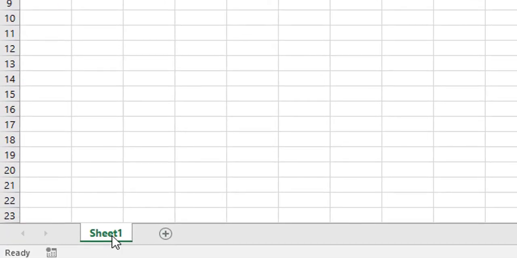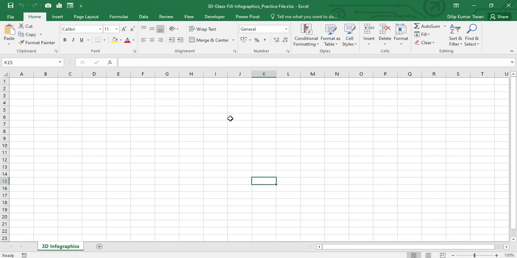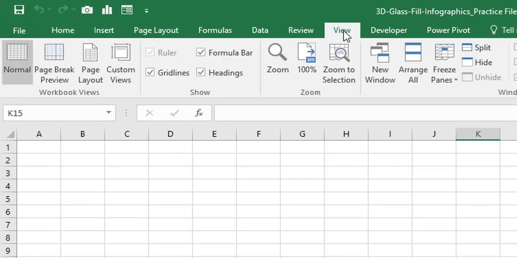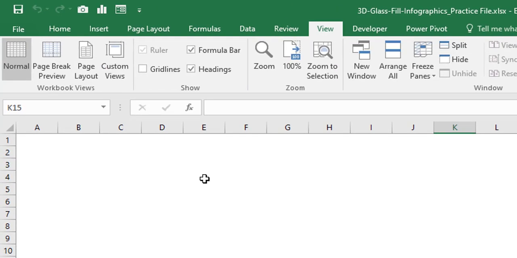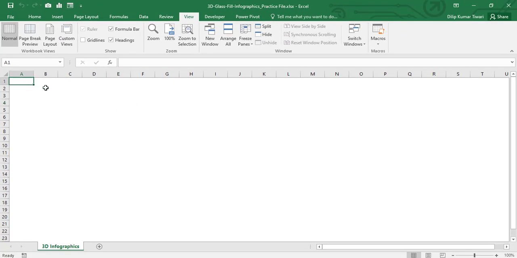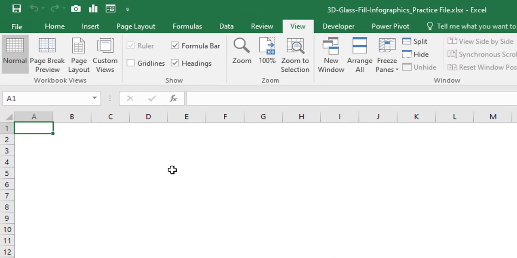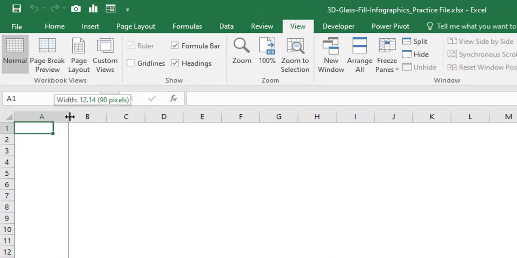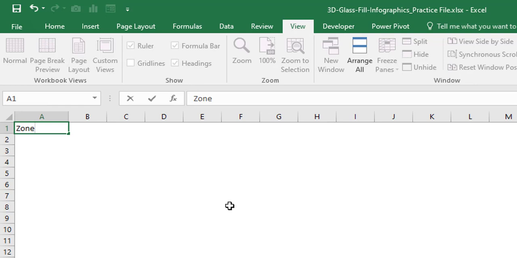Let's change the name of Sheet1 to 3D infographics. Okay, press Ctrl S, go to View tab and Gridlines, untick the gridlines. So we do not need gridlines. Let's prepare the table, the same table which we have used in our demo file. So the first column would be zone and the second column would be sales performance. Okay, and north,